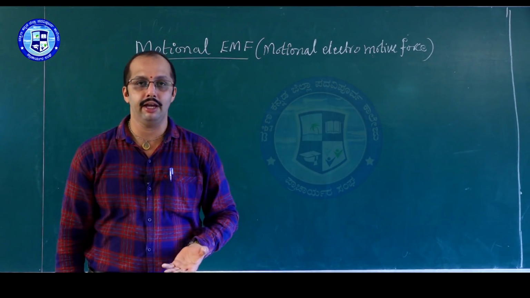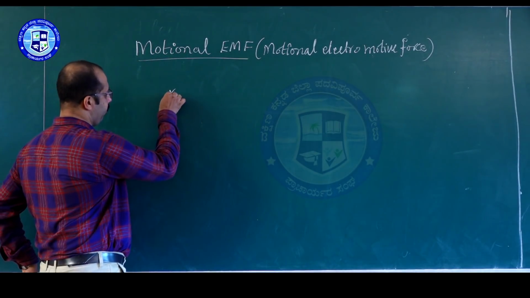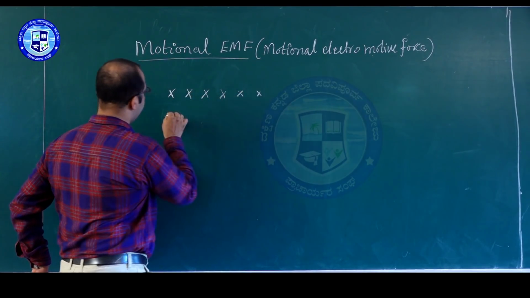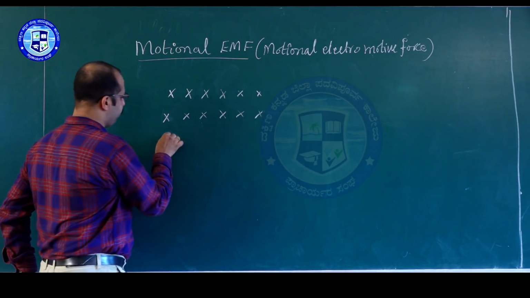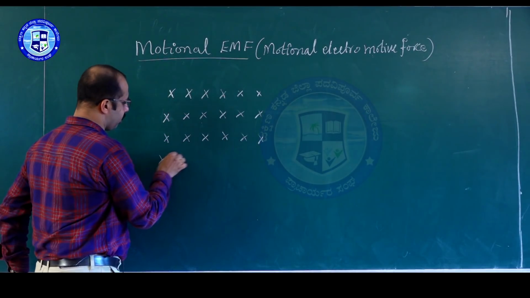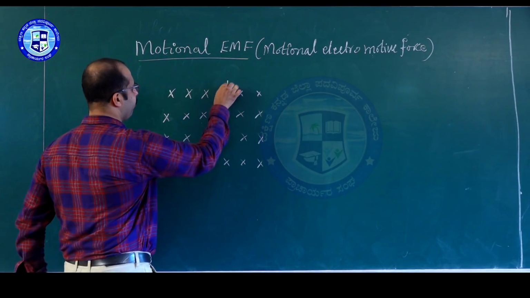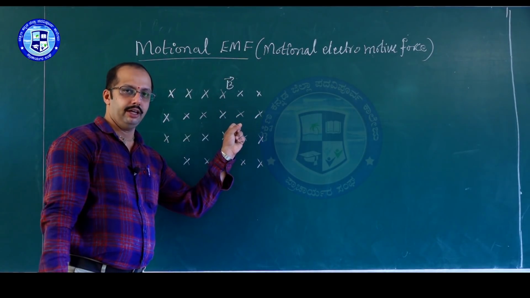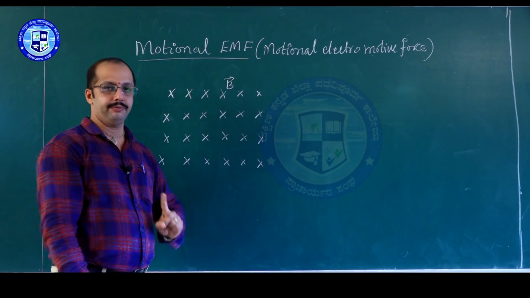How do we change the area? That we consider with a diagram representation. This is the crossed magnetic field. Here we consider the magnetic field representation, and this is considered to be the cross representation. This cross representation is considered to be the magnetic field B directed inwards. Inwards means into the diagram or into the board.